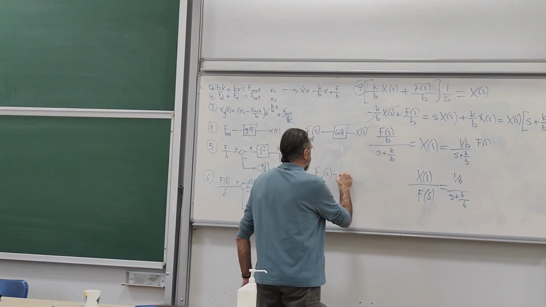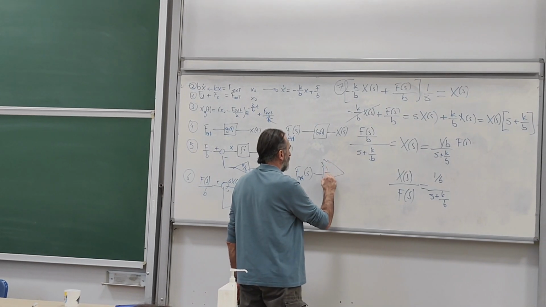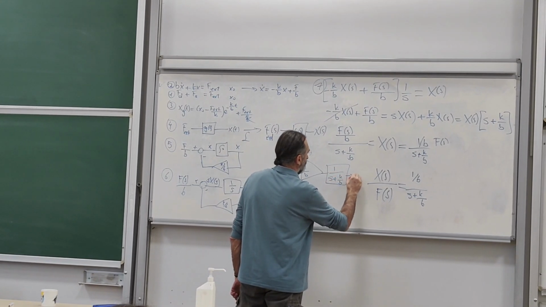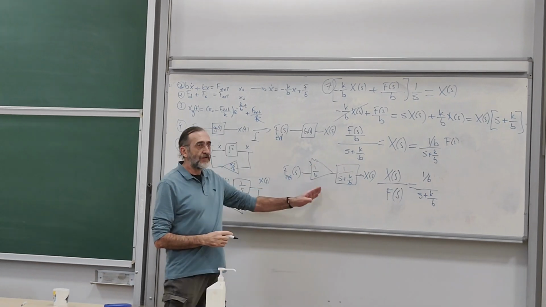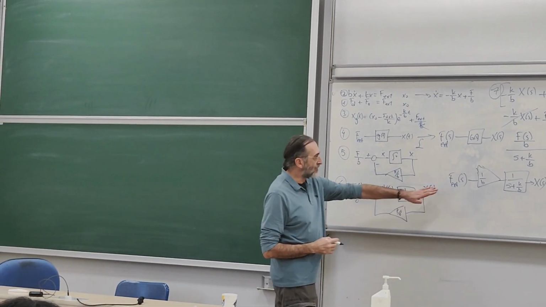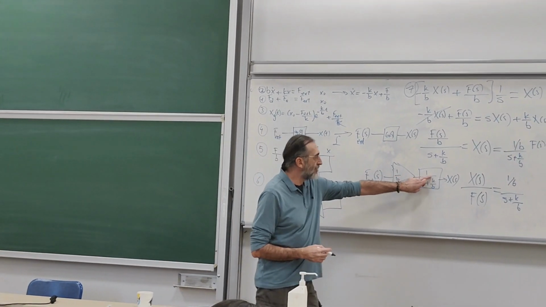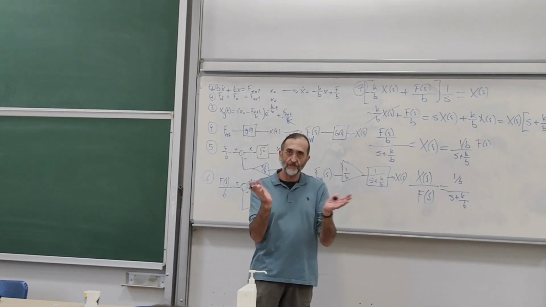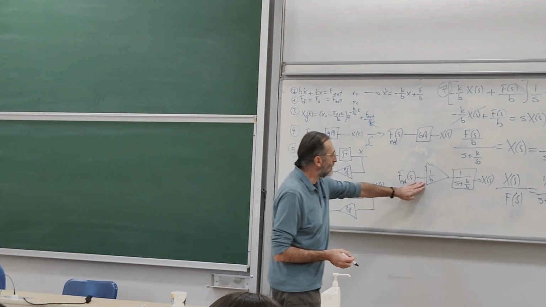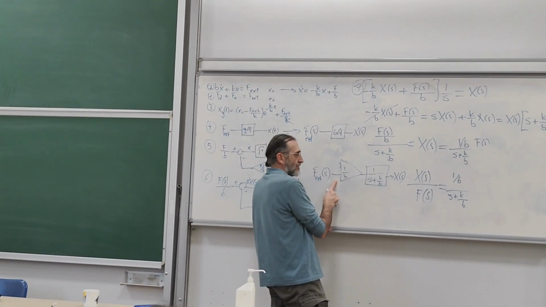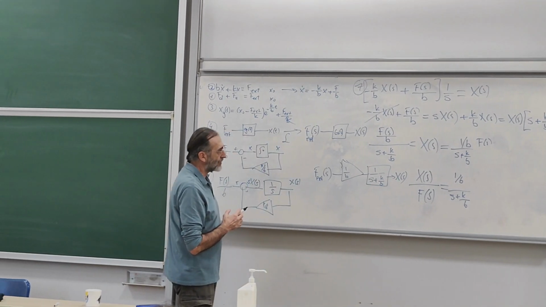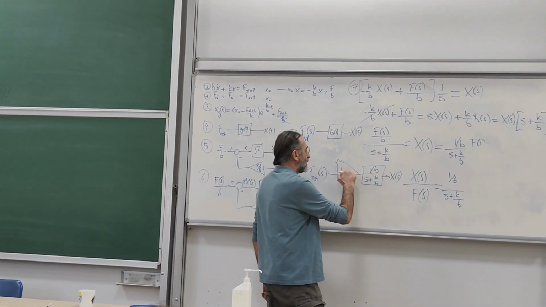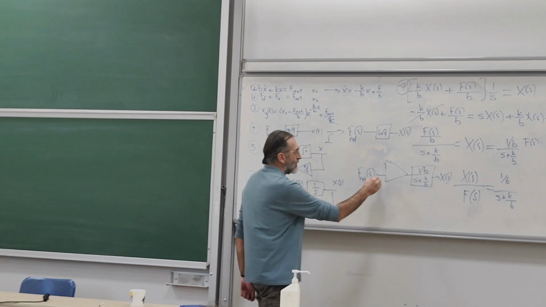Okay? I'm multiplying it again, 1 over b, giving it into the system, 1 over s plus k over b, giving me x over s. The exact same thing. Since it's multiplication, I can take this from here to there anyway. Multiplication is good. You can change the order. So 1 over b doesn't have to be here, it can be anywhere. So this is my system. I can write this as 1 over b here.